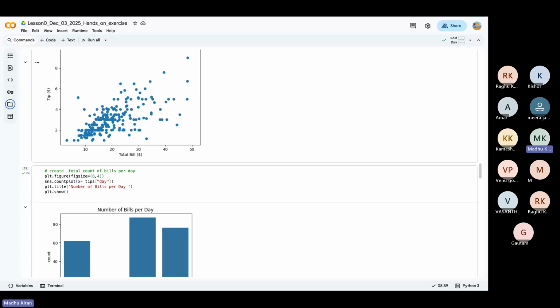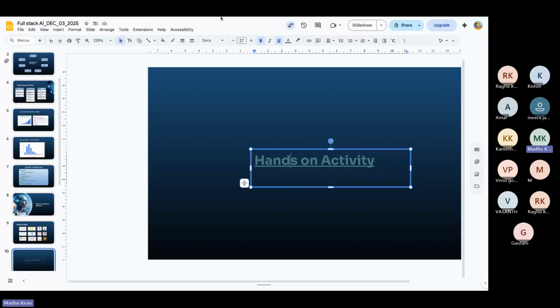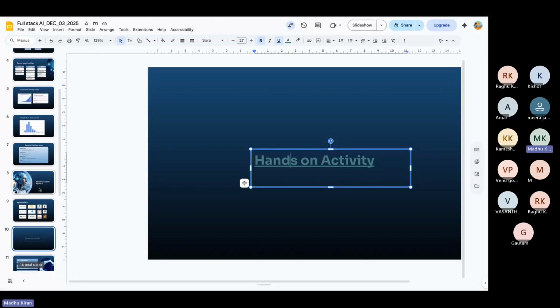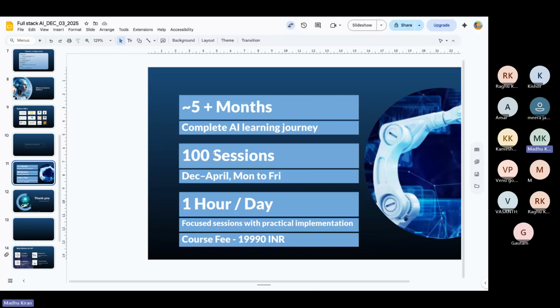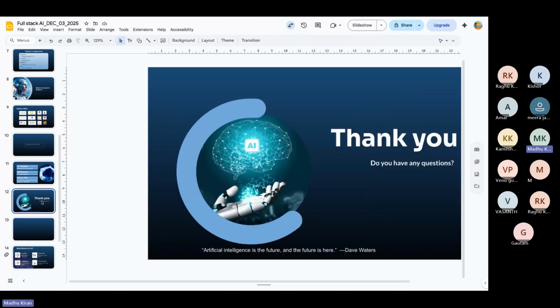We'll start with the actual learning procedure. You can even use the WhatsApp groups to communicate. If you want to know anything specific, you can put it there, and I'll try to include that in tomorrow's demo to give you more clarity. So that's all from my end for today. I've given these details yesterday. Thank you so much. If you have any questions, now the floor is open for questions.